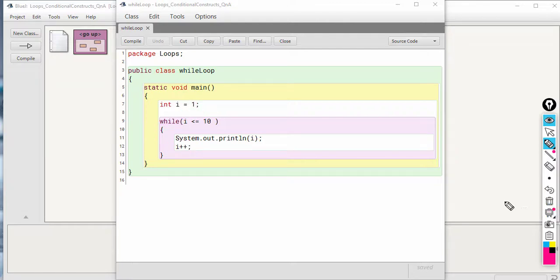So apart from this, there is no other difference between for loop and while loop. The only advantage of for loop is that it allows you to do initialization and update in a single statement, okay? Initialization, condition and update, all three can be done in a single statement.